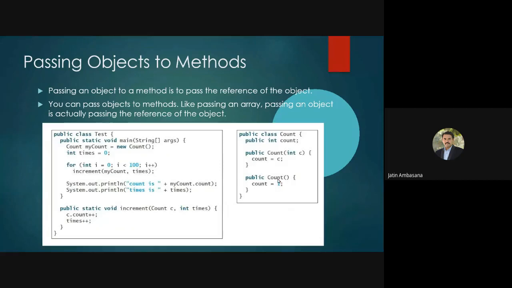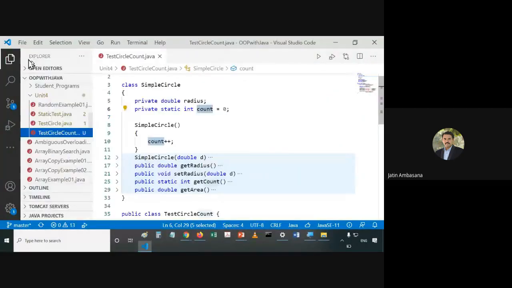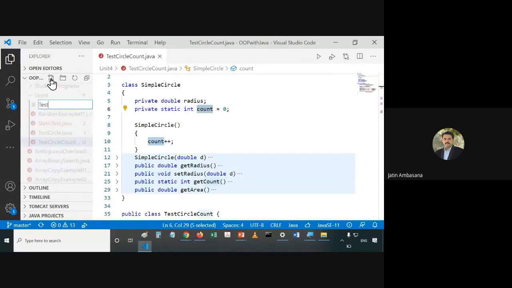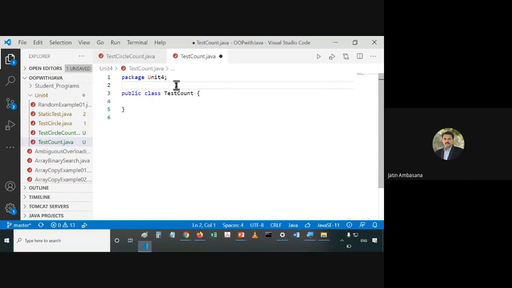Okay, let me show it to you. We will make a new class called TestCount.java, and in this we also first make a class Count.